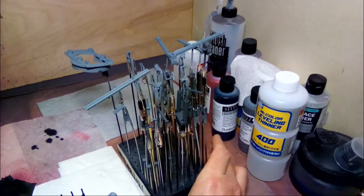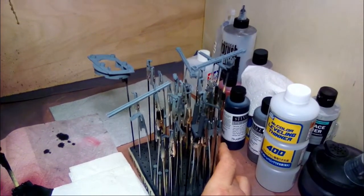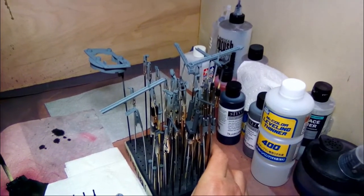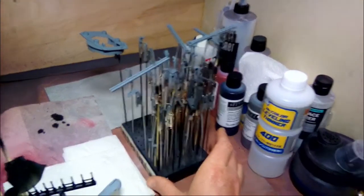So as soon as I can get that flat clear painted on them, then I will start putting everything together, and I'll just start rolling out those Bismarck builds for you guys so you can see those on the channel. And then